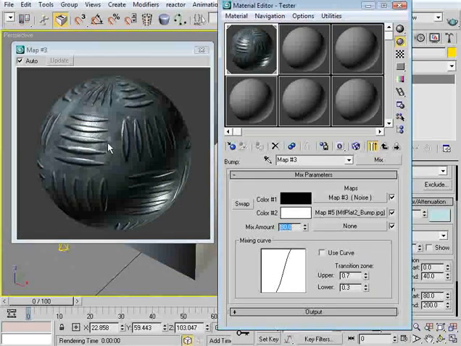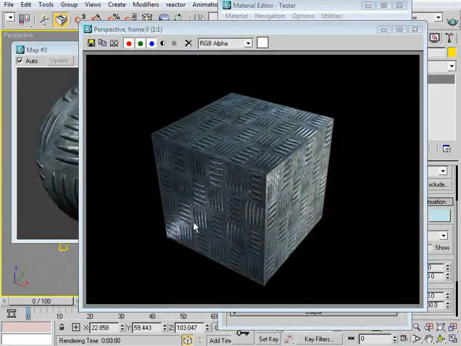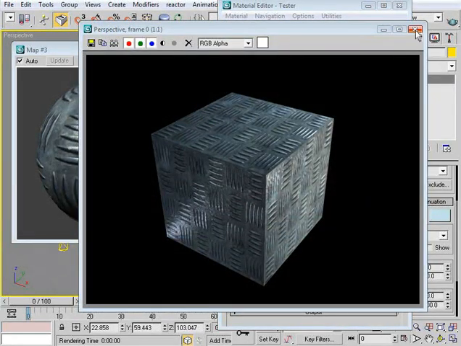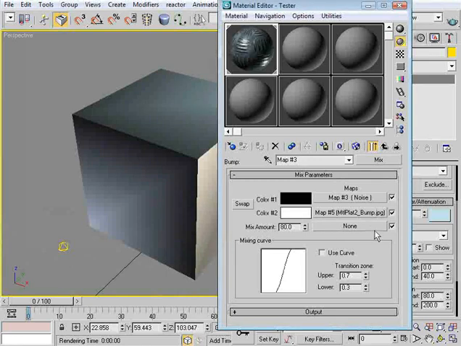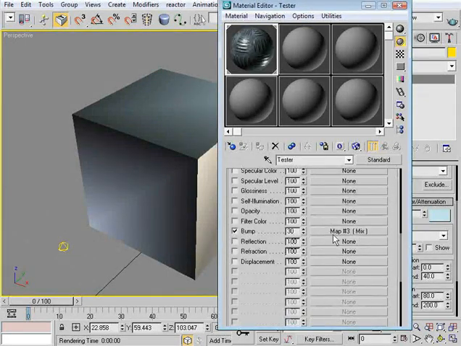And so we're getting less of the noise and more of the rays, the height rays that we have here from our black and white image, which is actually not looking too bad. It actually looks pretty good. So I'm actually pretty happy with the way that material looks at the moment. So I'm going to go ahead and close that, and what we can do is we can call this, let's say,